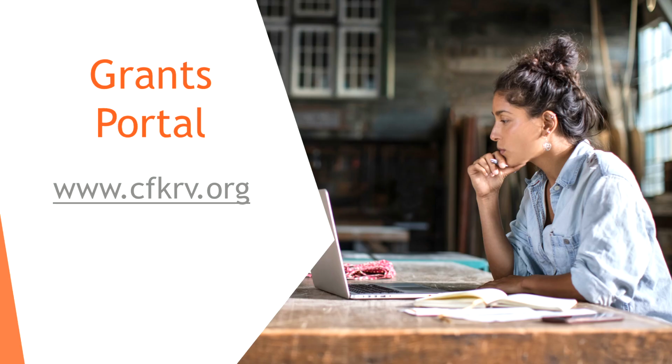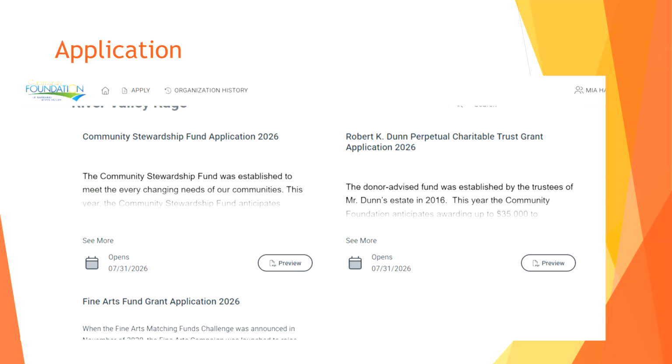So just to reiterate that, if your organization already has a profile and you're someone new who needs to be added, you're going to have to contact me so I can add you to the profile, and that way you can view any past history, any past grants, but you don't want to go ahead and create another account because it's going to create two organization accounts. If you're brand new to the portal, your organization has never applied for a grant before, then you can just go ahead and create a new account. So once you have your account created, you'll be able to see the available grants. You can click Apply to begin the application.